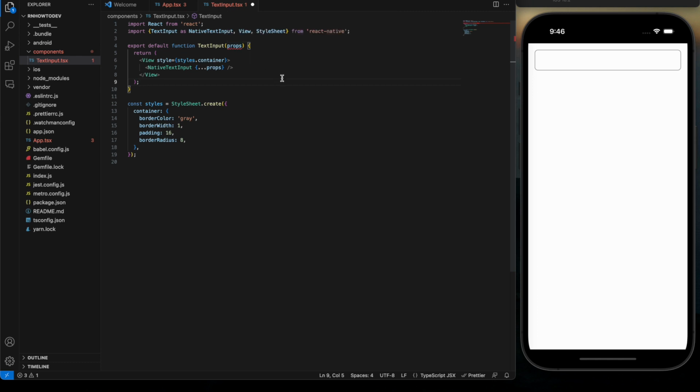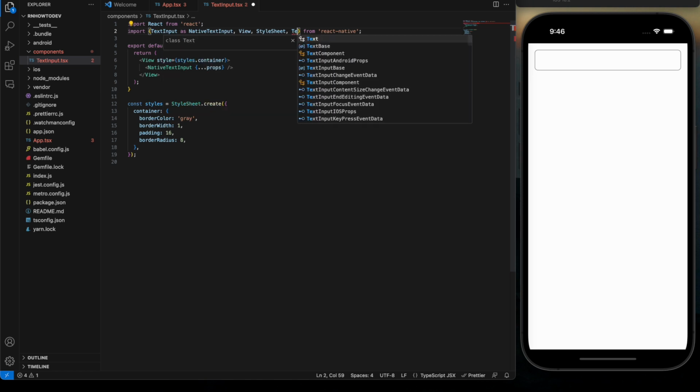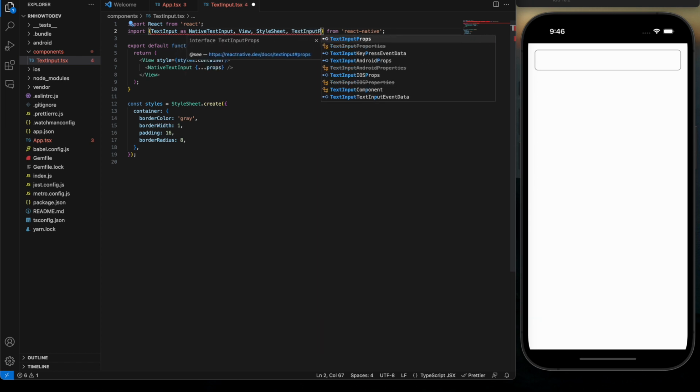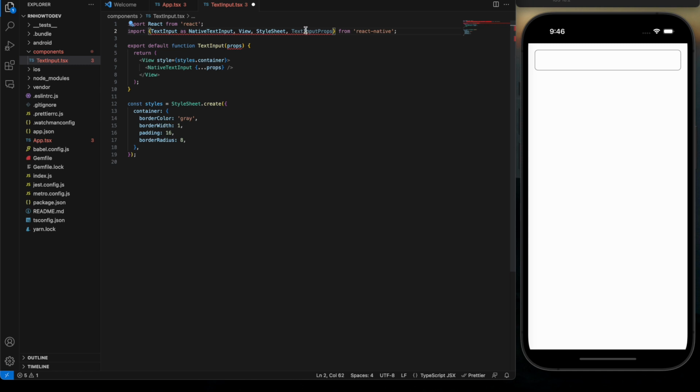If it's any, then we will not get any suggestions at all, because it could be anything at all. So let's add a proper type. Text input and put props. So we get that, we apply it in here,